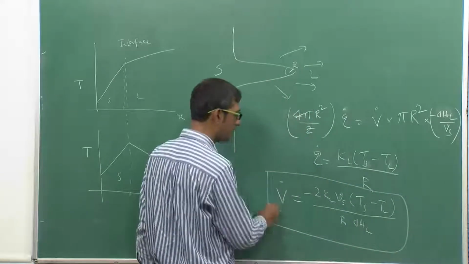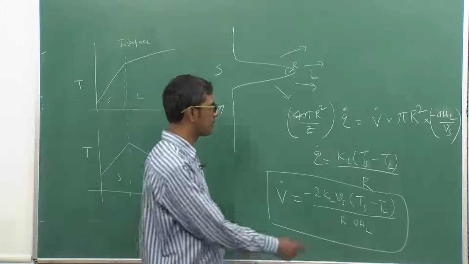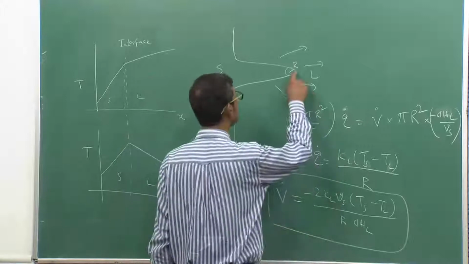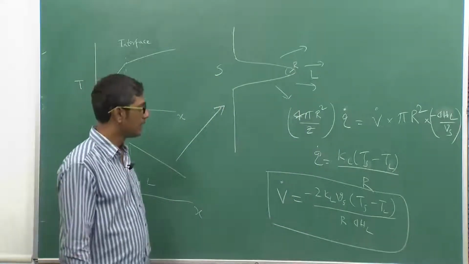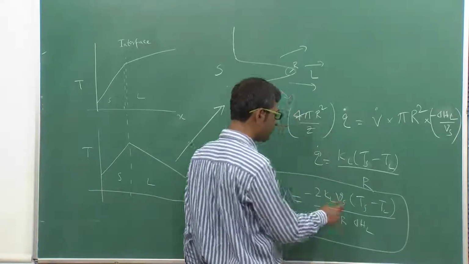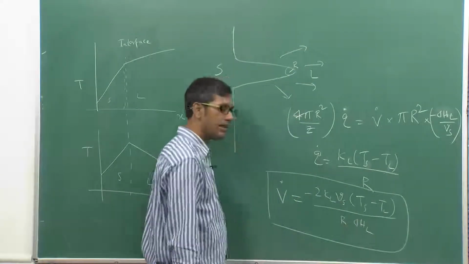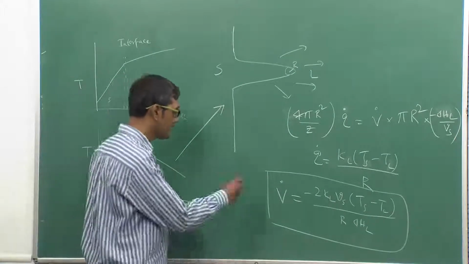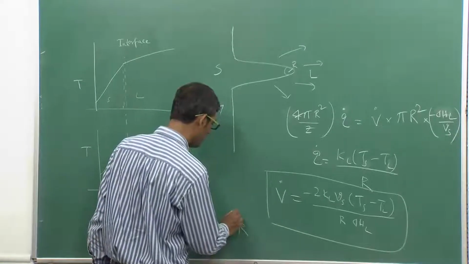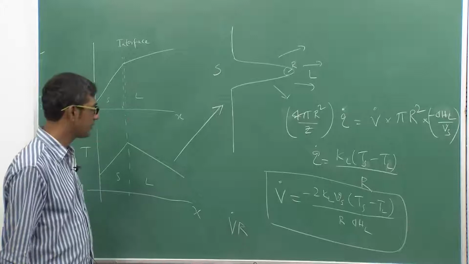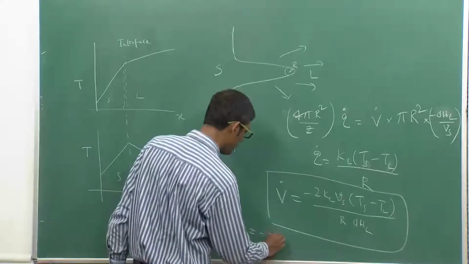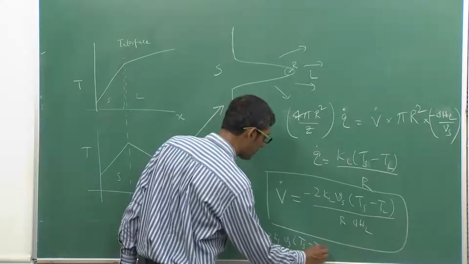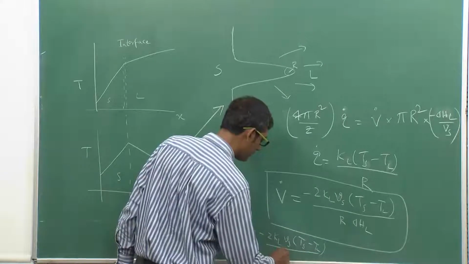As you can clearly see, we know the liquid temperature very well, but the important point is knowing the temperature of the solid, that is the temperature at this interface, which is very difficult to measure. The rest of the things are known, K_L is known, V_S is known, okay, and your delta H is known. So, now if I carefully write it down, then it becomes V dot R, basically the growth rate, okay, V dot R is equal to minus twice K_L V_S (T_S - T_L) divided by delta H_L,